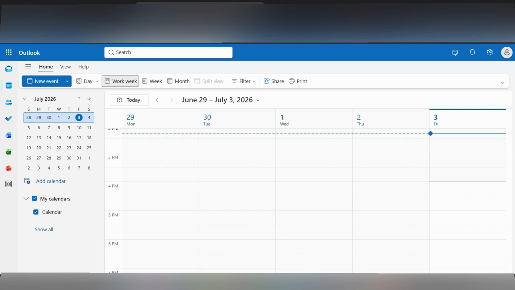In this tutorial, we'll be guiding you on how to transfer ownership of a shared Outlook calendar. So of course, we want to go over to our Outlook mail, and then we're going to click on calendar. We have it right here, calendar. And then at the top right area, you're going to click on the settings gear icon, and then you want